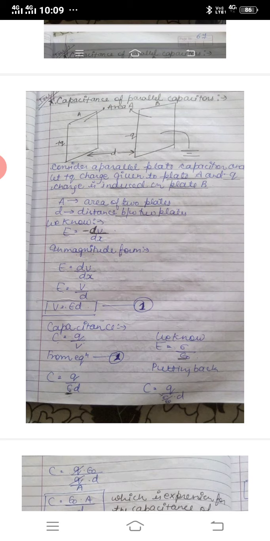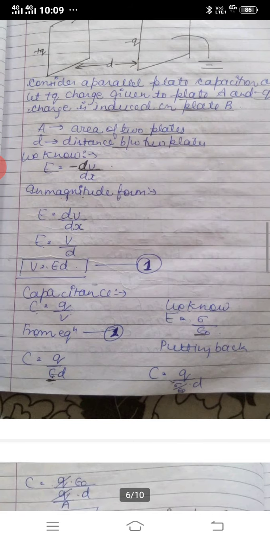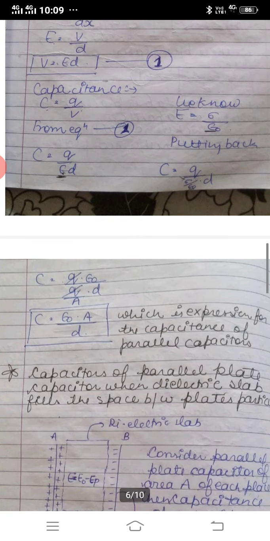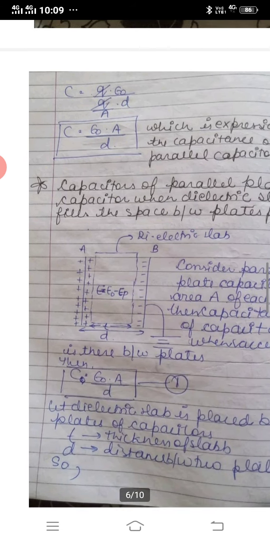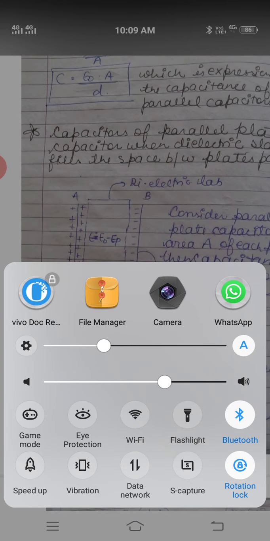So if you can see on your screen that we have done this topic, capacitance of parallel plate capacitor, you can see the space between two plates is empty, means nothing is there, it's a vacuum. Okay, and then we have calculated that when vacuum is there between two plates of capacitor, then capacitance will be epsilon naught A upon D. Just see on the top of your screen, it is epsilon naught A upon D when the space is empty